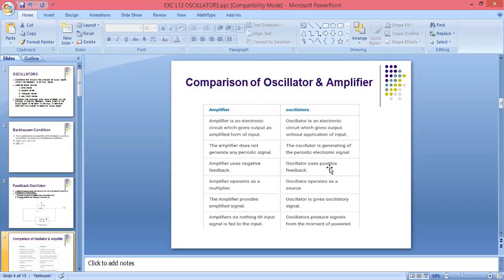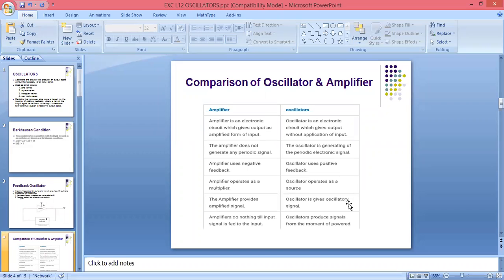So due to this reason, we have to use negative feedback here. We will see this again in the Wien bridge oscillator. Again, you can see an amplifier does not generate any periodic signal, but we have seen the oscillator is generating periodic sine wave, sawtooth, and different periodic electronic signals. Also, we can see another difference: an amplifier operates as a multiplier, but an oscillator will operate as a source, because